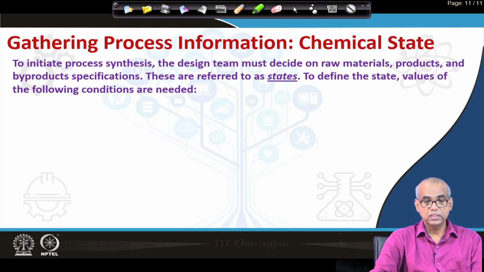Now, there is other information about the process that must be gathered. Chemical state. To initiate process synthesis, the design team must decide on raw materials, products and byproduct specifications. These are referred to as states. To define the state, values of certain conditions are needed. The following are those conditions: